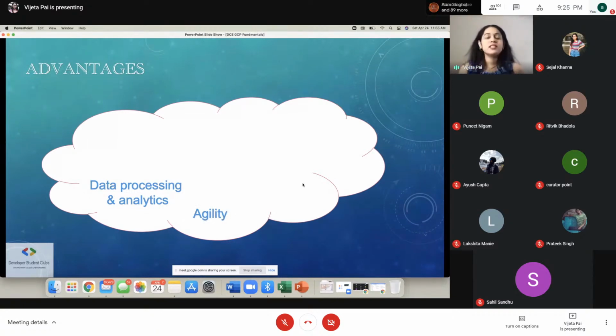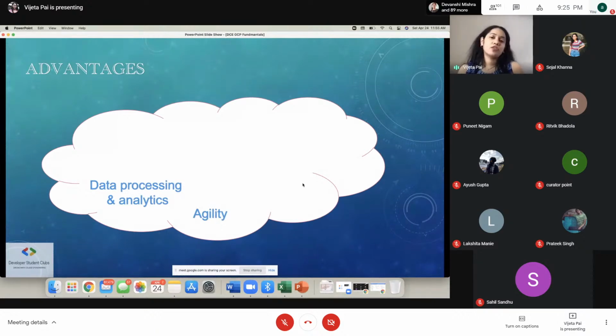Next, agility. What is agility? Agility comes from the word agile, which means fast. So Google Cloud Platform is extremely fast, as in it gives a really good experience for your end users. When you're using an application, for example, let me go back to ShareChat. They have an application that you use on your mobile. You just download it from the Google Store. And after that, it is extremely fast. You don't have to worry about speed dropping because Google Cloud is going to take care of that. So if you need agility and a really good way to grow, cloud is an extremely good option.